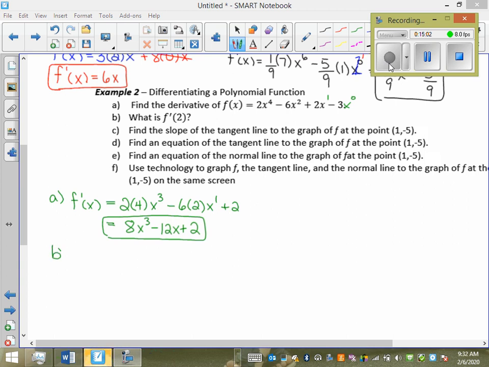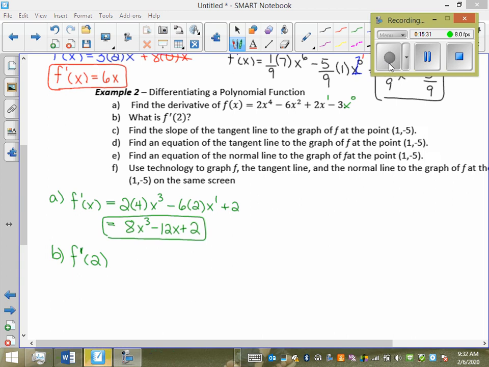B says, what is f prime of 2? What does that mean? On the first derivative, you sub in 2 for the x's, right? And it's because we have function notation here, and this is a prime, so I have to fill it into the prime equation. So what is that actually meaning? What are they indirectly asking you to find when they do f prime of 2? Instantaneous slope, right? So they're asking for the slope of the tangent at a specific point, the point being 2